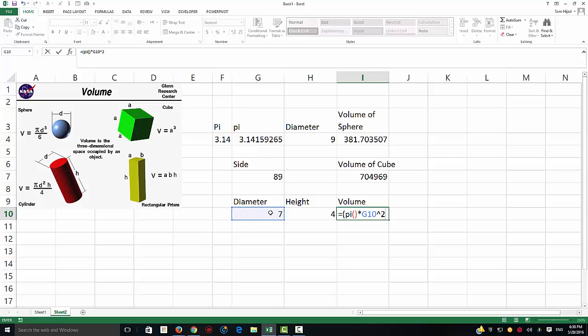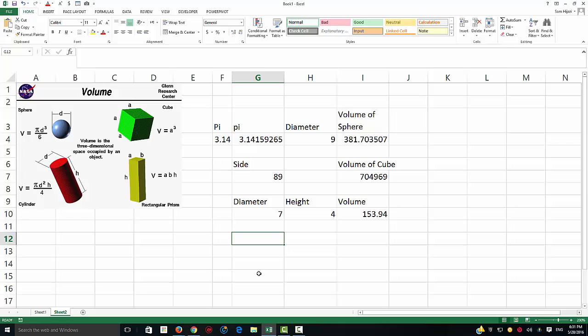I'm following exactly what I need to do in order to convert that equation into something we call formula in Excel. So G10 raised to the power of 2, it doesn't matter what is the cell address. I'm not typing it myself. I'm using the mouse to click on it. That's multiplied by the height, so asterisk height, and the whole thing is divided by 4. And as a result, we got this. I wanted to limit my result to only 2 digits to the right of the decimal points. I could go ahead and decrease the number of the digits to the right of the decimal points. And we could continue to find out the volume for the rectangular prism,